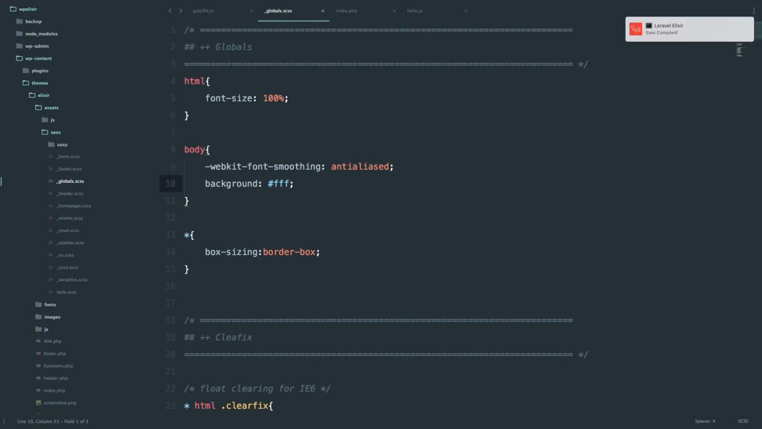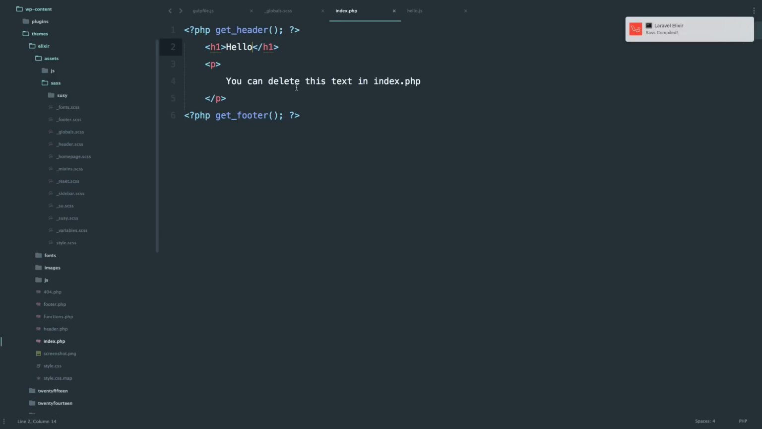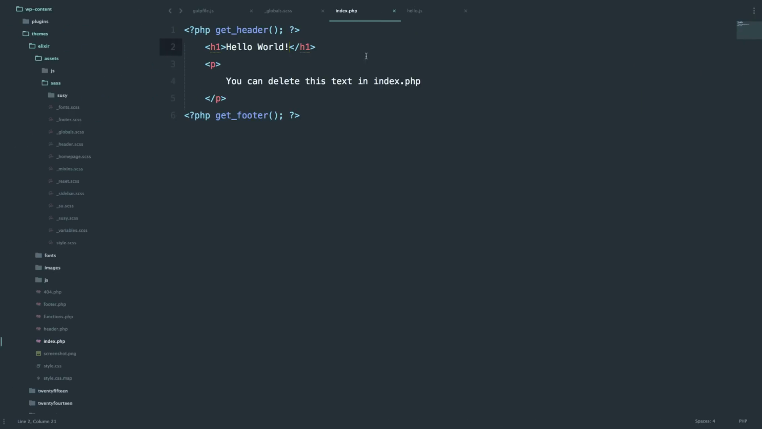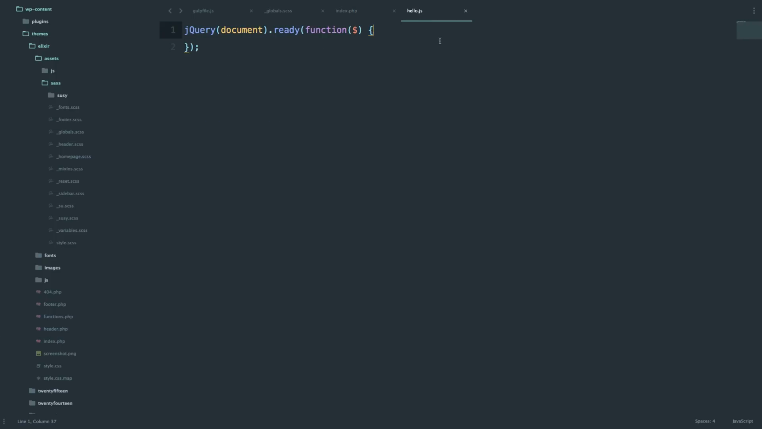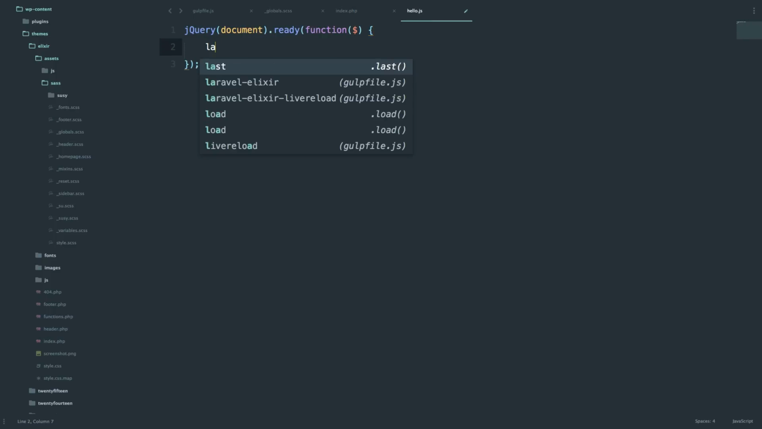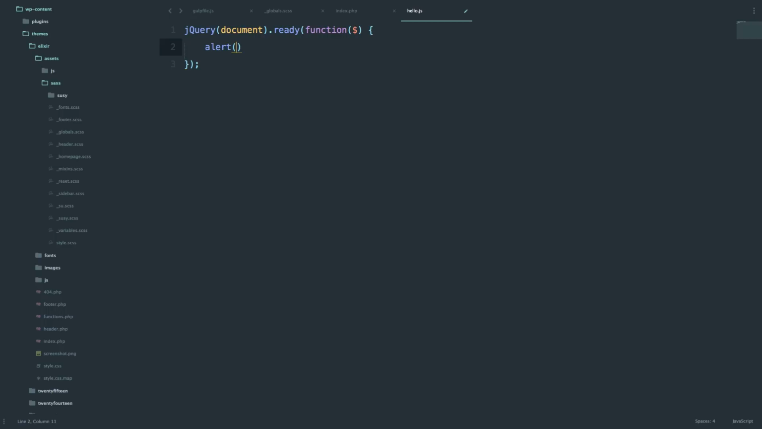So you can go to our index.php file and say hello world. Save this, and now we have hello world right here. It automatically refreshes the page. So the same thing would be if we go to hello.js and do alert,